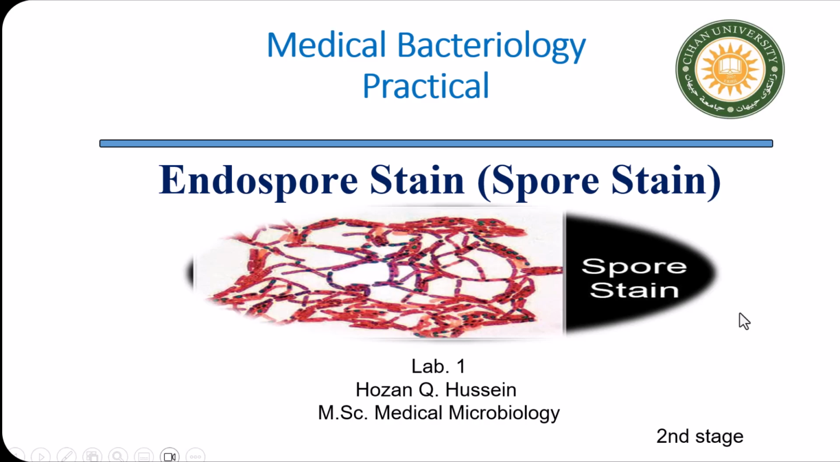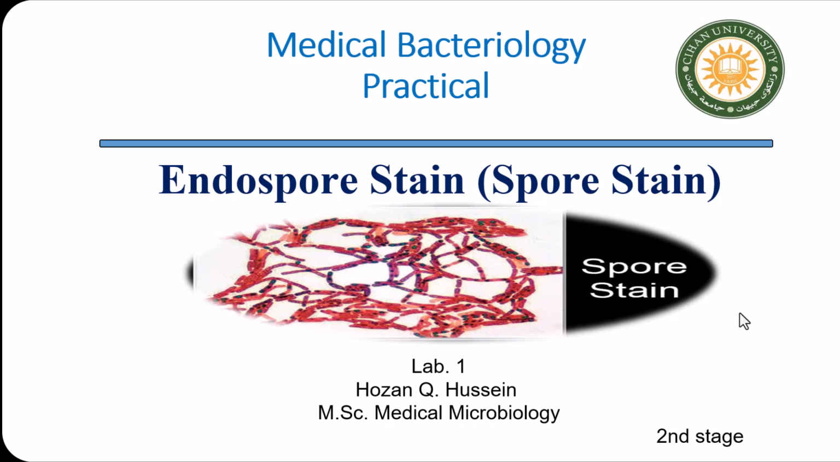Good day, dear student. This lab will be about the spore stain. The first step in bacterial identification is always the gram stain, if it's gram-positive or gram-negative. Then, if the bacteria is cocci, we will follow the specific diagnostic procedure. While if it is bacilli, if this bacteria is gram-positive and bacilli, we must determine if it is a spore-forming